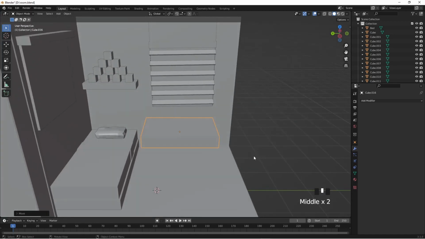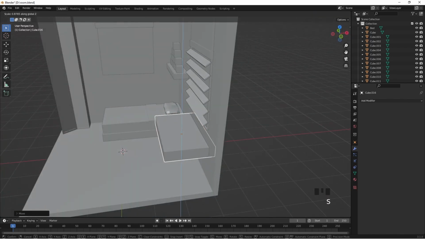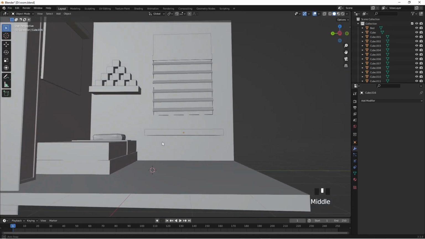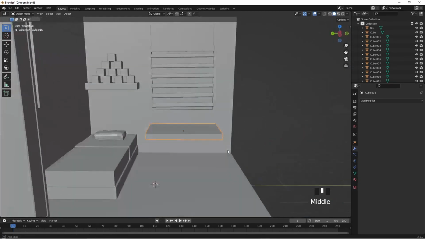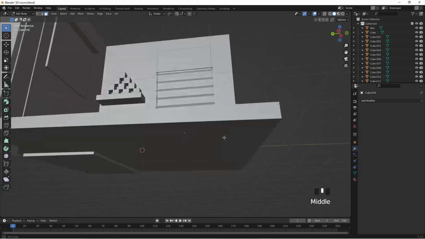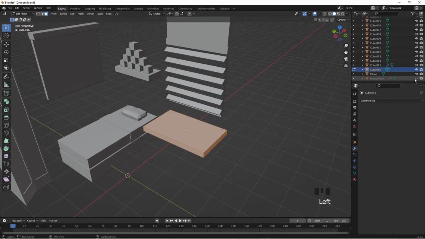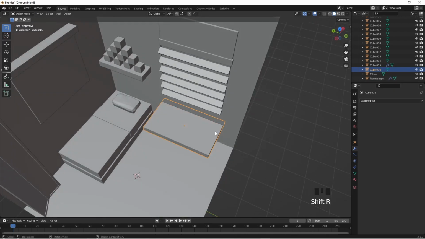I guess this is good. Grab x, grab y, scale z, just like that. So let's hop into edit mode. Let's hide this room. No, we actually need it. So we're going to add a loop cut. So we're going to add a loop cut right over here,